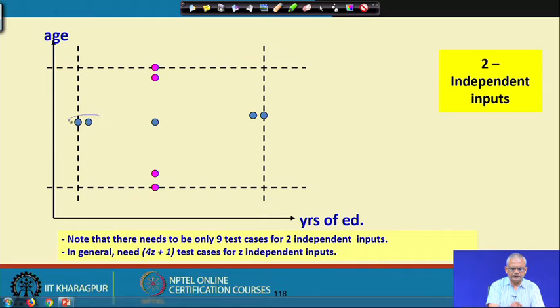For the first parameter, these two are the boundary, and this is a point just inside, and these are the 2 points on the boundary, and this is just inside. Now, if we combine these two parameters, we take this one, this one, this one, these two, and therefore, we get 9 test cases,